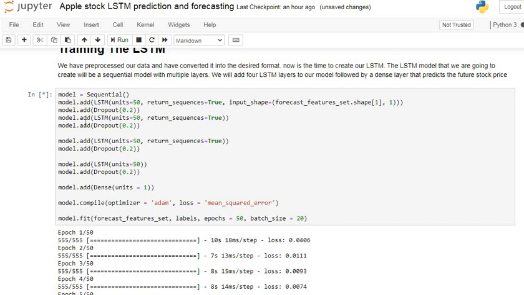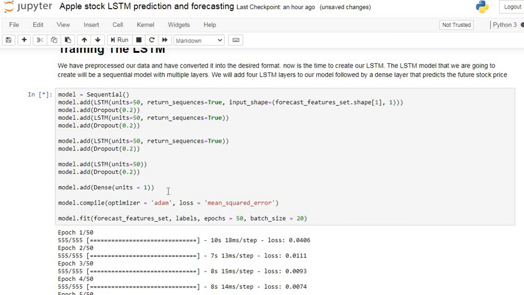After that, we add a dropout layer. In the dropout layer here we use 0.2. That is, 20% of neurons should be dropped in each layer of the neural network. While our neural network is running in the forward direction, only a fraction of neurons should be activated at each step or each layer. After that, we apply a dense layer. It consists of only 1 unit because our output contains only one value. That's why we give dense as 1. You can change these parameters or values to increase your accuracy.